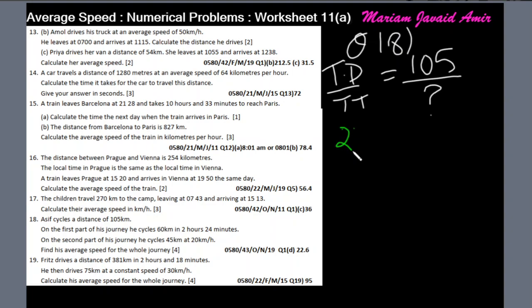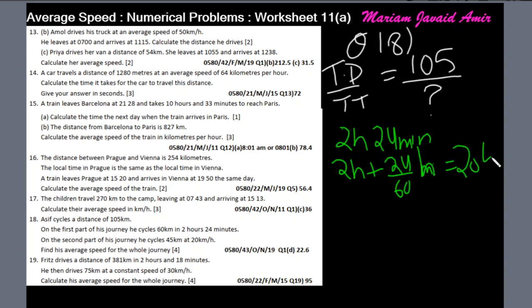It is 2 hours and 24 minutes, which means we have 2 hours and 24 over 60 hours, which is 2 plus 24 over 60, which is 2.4 hours, the time for the first part of the journey. What about the second part of the journey? We need to use this information to find time. Time is distance over speed. Distance is 45, speed is 20. We'll get the answer in hours, which will be 2.25